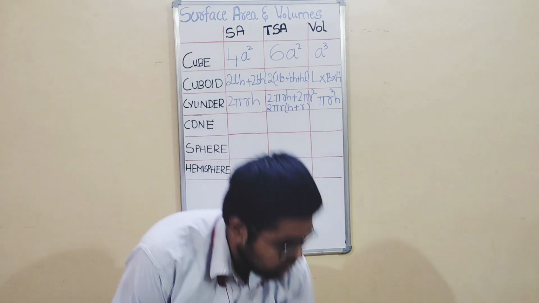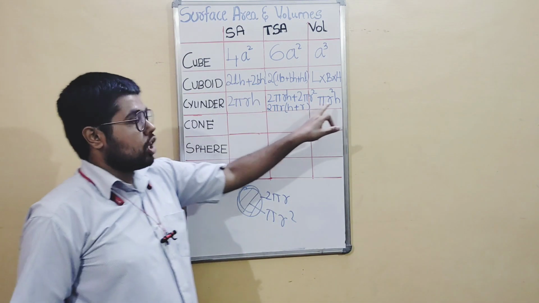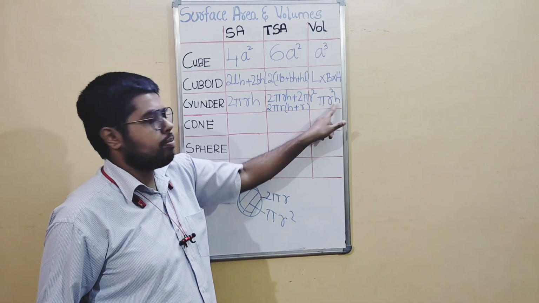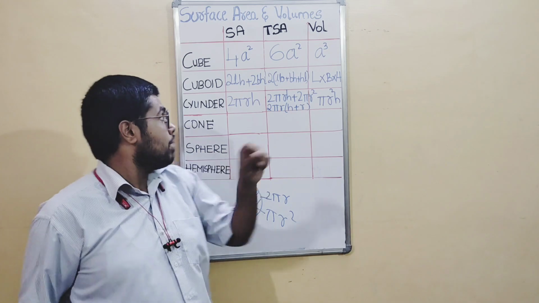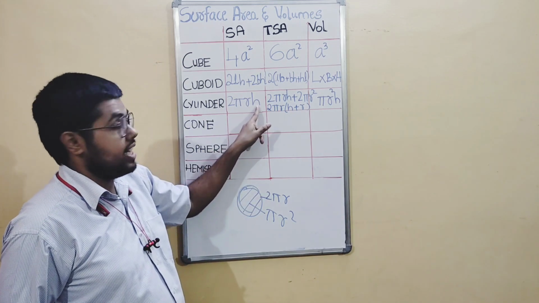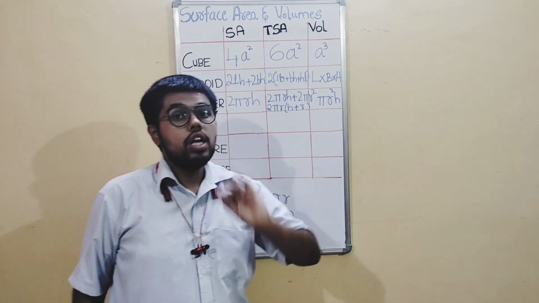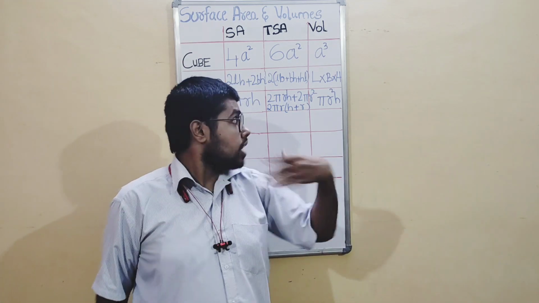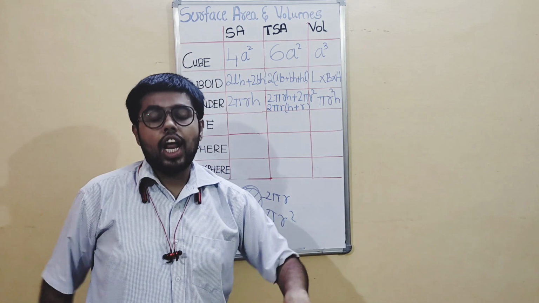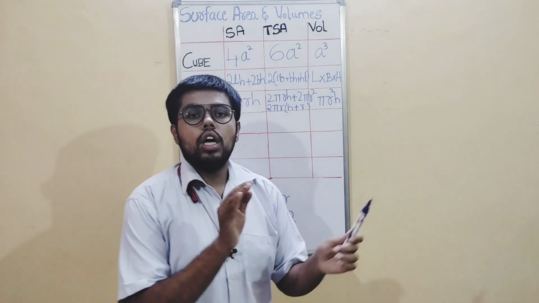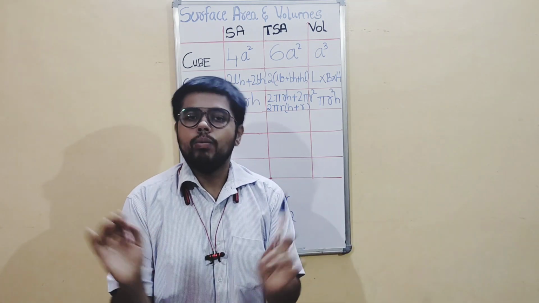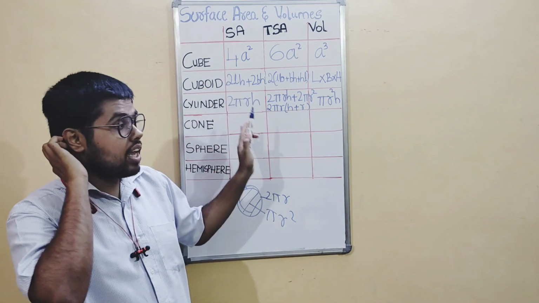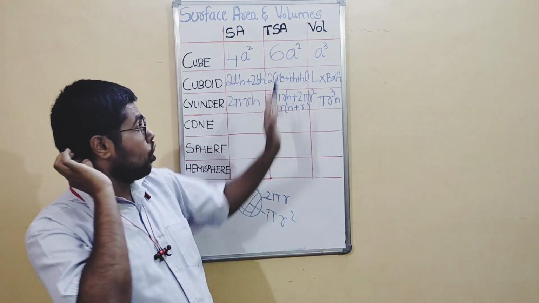Now let us go into the next formula. See, again I told you it is three-dimensional. See here, r square and h. If you multiply, you have three dimensions. But here you do not have three dimensions. You have only r and it's two dimension. Always remember, two dimension comes only to surface area, and volume is three dimension, and there is nothing called lateral volume, total volume. Nothing. It is just volume. So only in surface area you get something like lateral surface area, curved surface area, and total surface area.